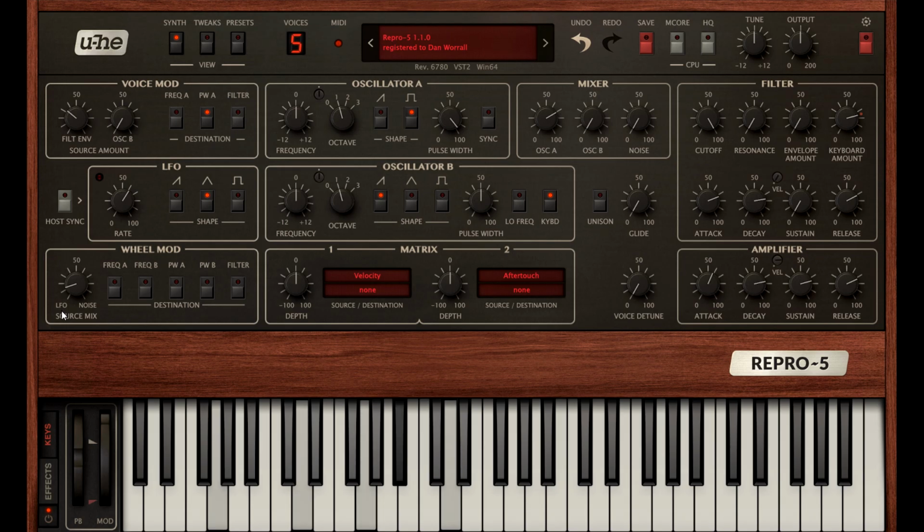Okay, let's turn oscillator B up in the mixer instead, and switch it to the square wave. And let's turn on the pulse width B destination in the wheel mod section to modulate it with the LFO as we did for oscillator A earlier. If I now blend both oscillators together, and maybe detune them both a touch using the little trim pots, the sound becomes pleasantly rich and complex.